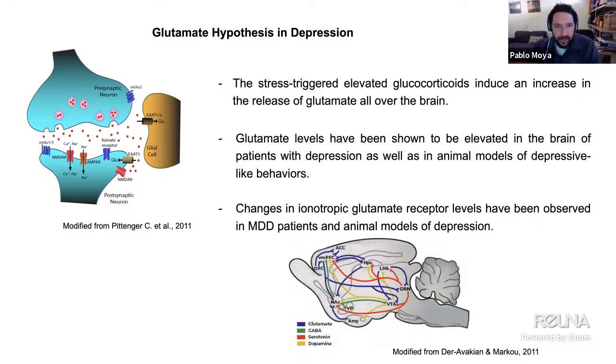And the circuitry involved in both emotional processing and memory formation, the limbic circuit, as well as the reward system, that are implicated in some of the impairments in hedonic processes linked to depression, use several neurotransmitters, including glutamate among them. In addition, it is well known, and this is not presented here,